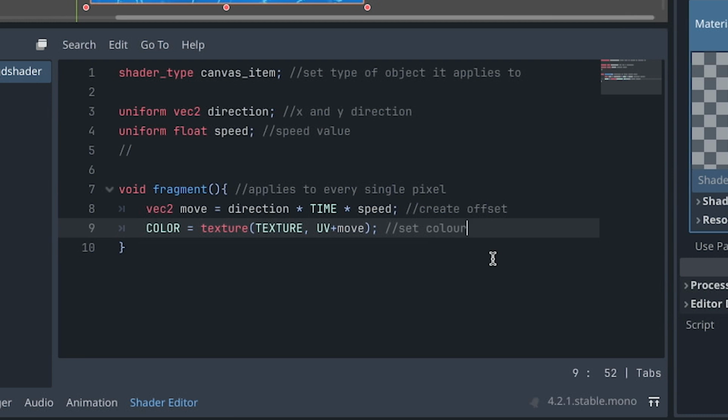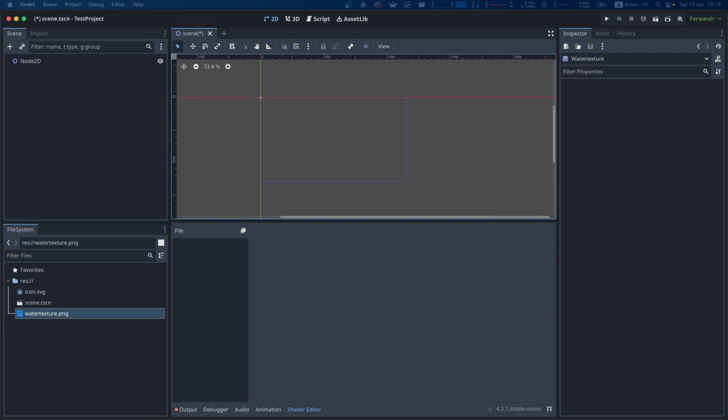To create a scrolling texture in Godot, do not do this. Instead, this tutorial teaches a better way. So this tutorial teaches how to do it via a shader. There are other ways, for instance doing it via GDScript or C#, but this teaches how to do it via a shader. So first, I'm going to teach how most of the other videos do it, and I'll show you what is wrong with that method.